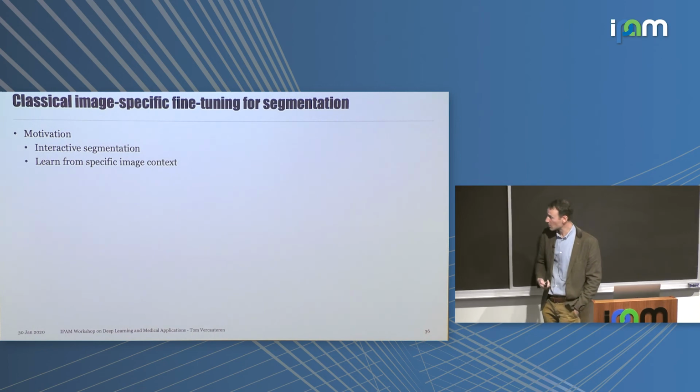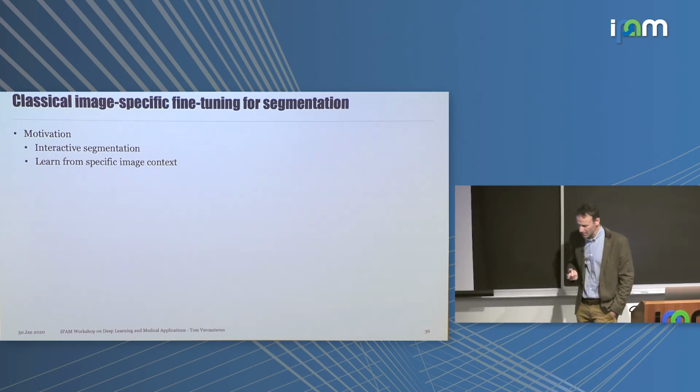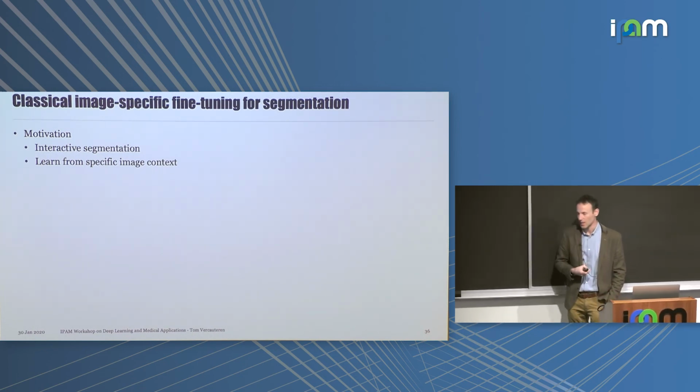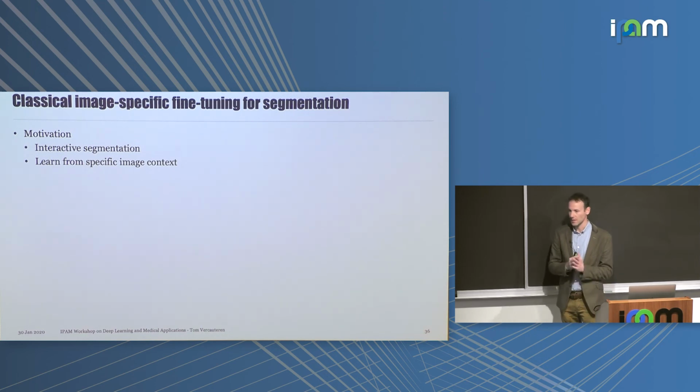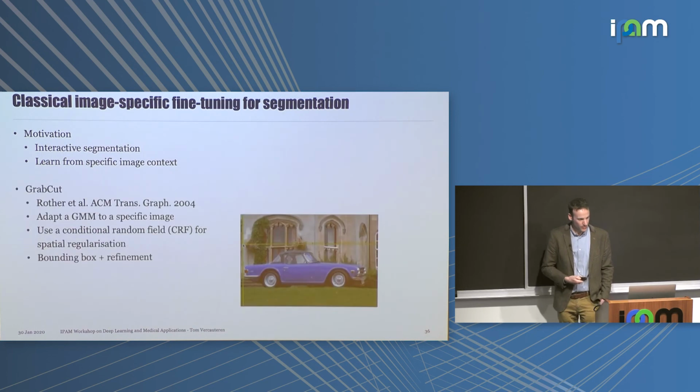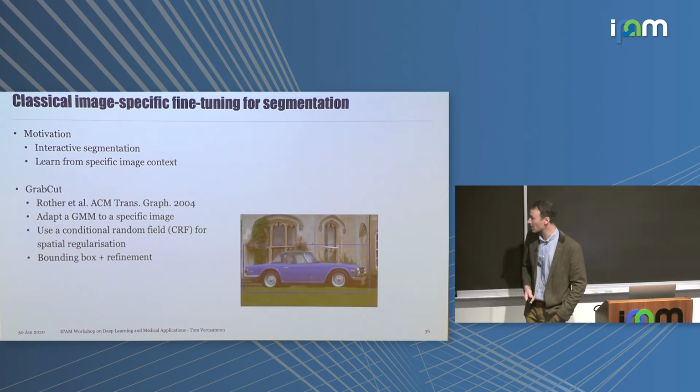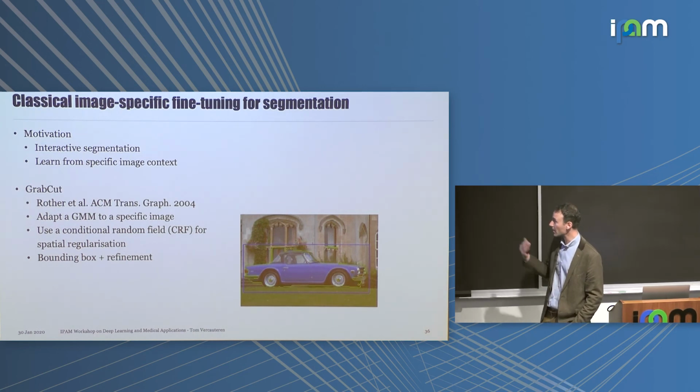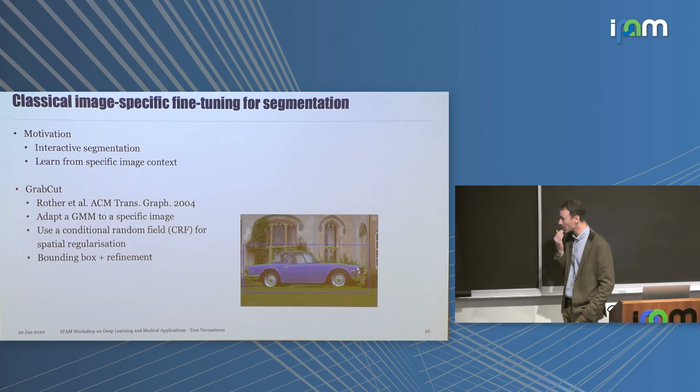Great. So this was one thing, but then we realized that still this was not sufficiently flexible, in the sense that if the image protocol was slightly changing, our pre-trained algorithm was not coping very well here. So we took a step back and looked at other ways of doing interactive segmentation, and again looked at GrabCut,